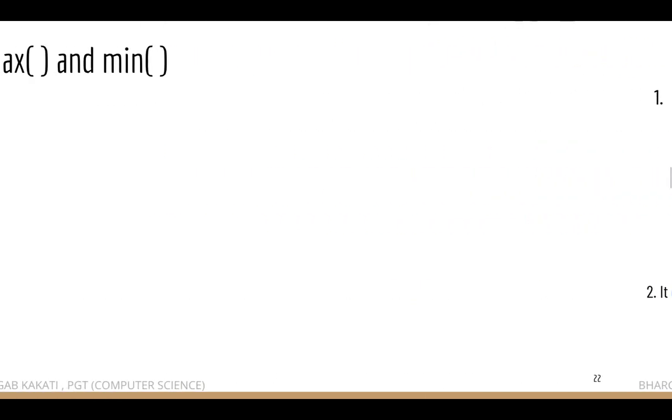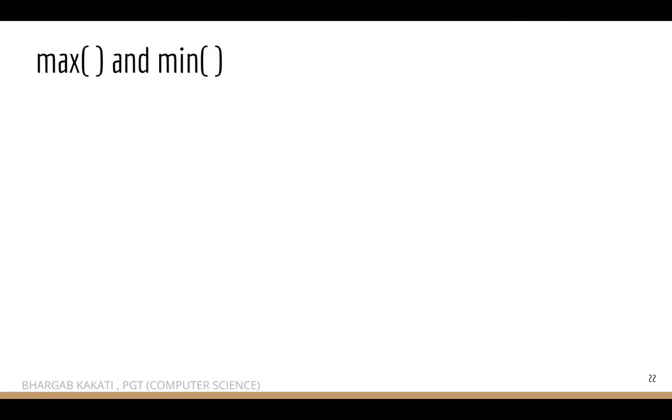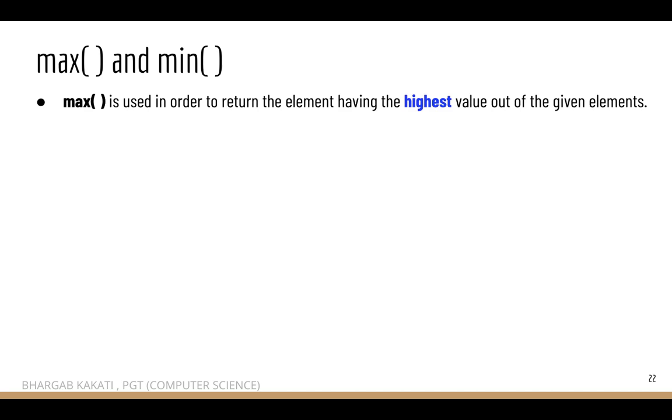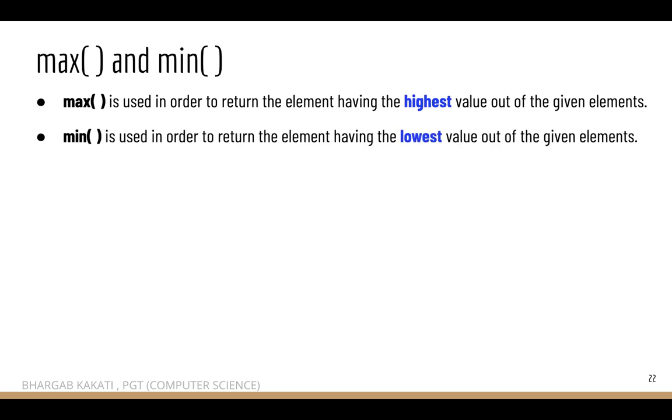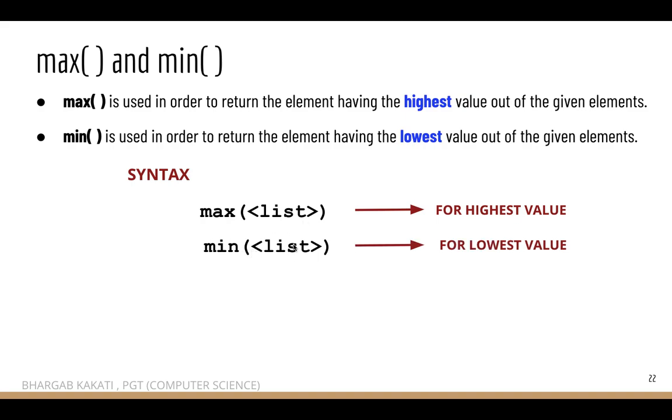Let's move ahead to the next set of functions, that are the max and min function. These are pretty similar functions. So what I have done, I have put it together. So max function is used in order to return the element having the highest value out of the given elements. So if we have a set of elements and I want to find out the highest value of the elements, then I'll be using the max function. Similarly, if I want to find out the element having the lowest value, then I'll be using the min function. Very simple syntax is max list for finding out the highest value and min list for finding out the lowest